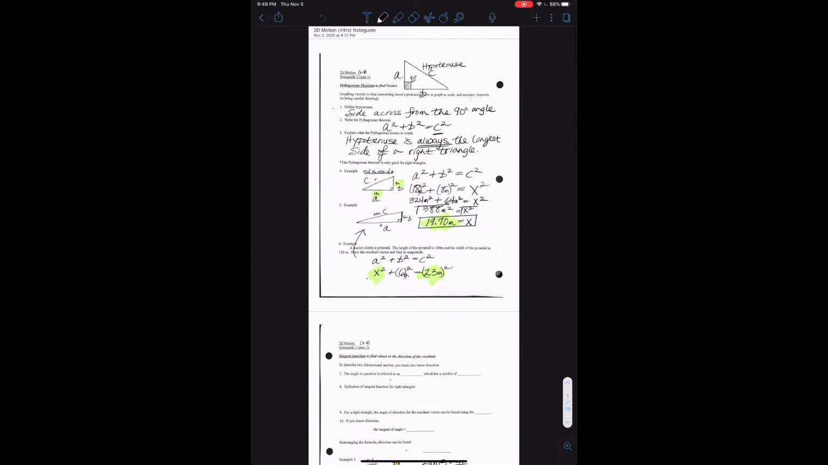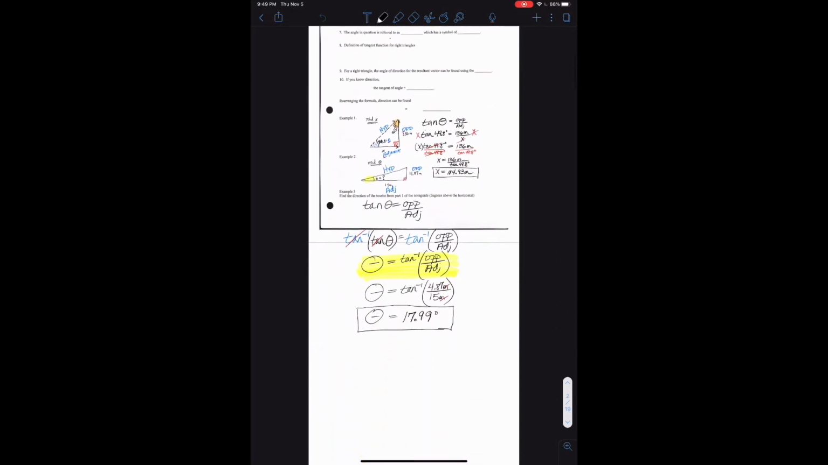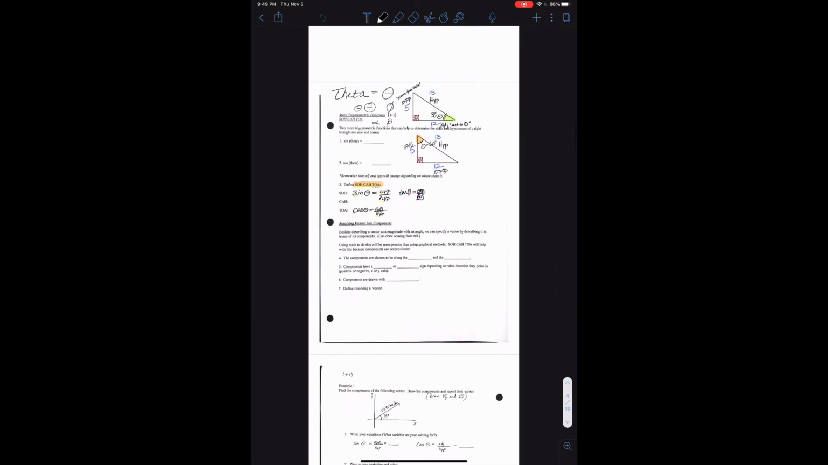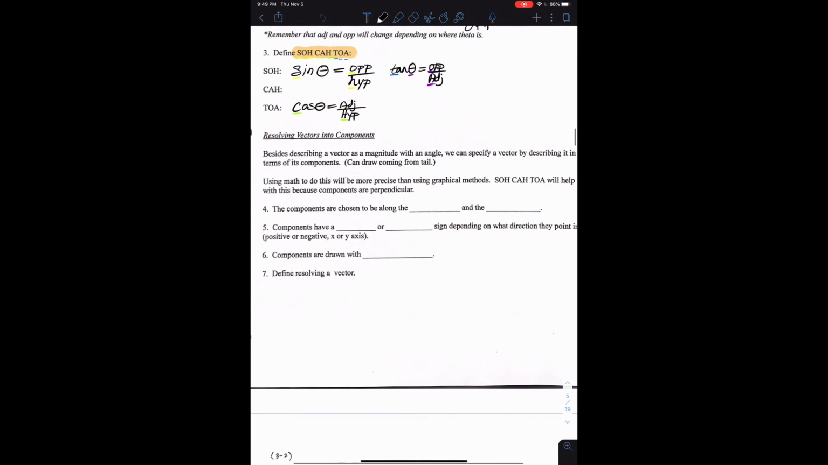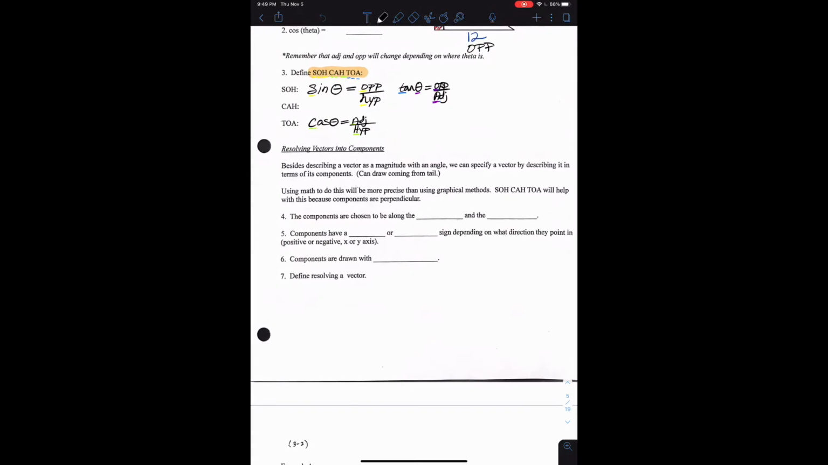All right, so I want to give the last lecture over this intro note guide over resolving vectors. I'm going to go down to, I think this is the third page, where we talk about resolving vectors into components. Pretty much what this means is that we are going to split a vector. So if we write the definition for resolving a vector, we are going to split